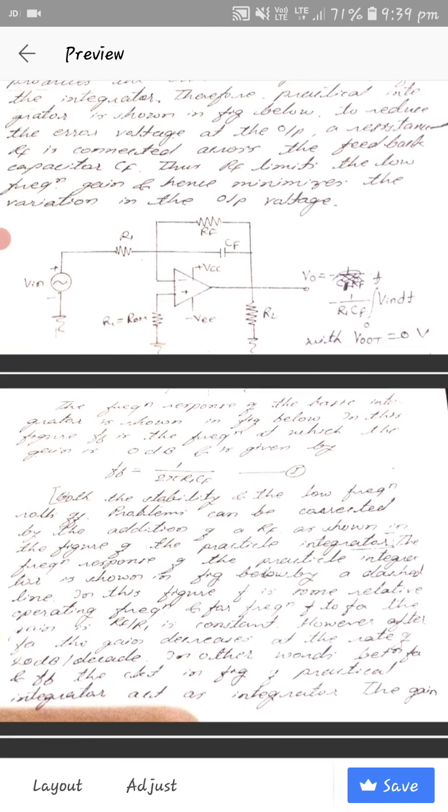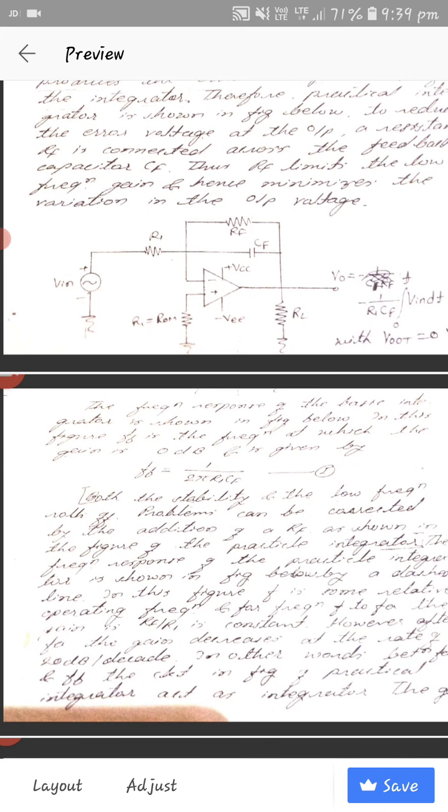Okay, so see the figure. The operational amplifier non-inverting terminal is grounded by using one resistor R1 equal to ROM. In that, the inverting terminal receives the input voltage through the R1 resistor, and the output is connected to the inverting terminal through one capacitor CF and one resistor RF. That means the feedback capacitor and feedback resistor. As well as, the output is connected to one load resistor, and output is measured across the load resistor.